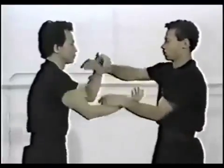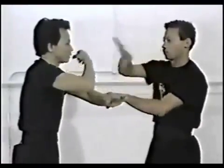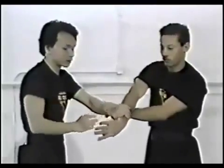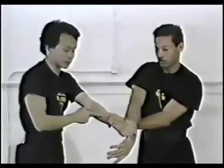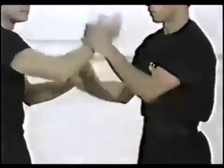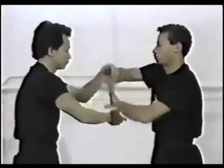Okay? Let me show you in slow motion. This is how it's done. You bring this elbow down, you hold this wrist, and then you'll be able to have one hand controlling both hands. Then you have another hand to punch him. Another one